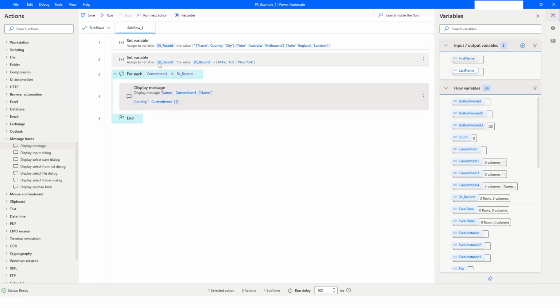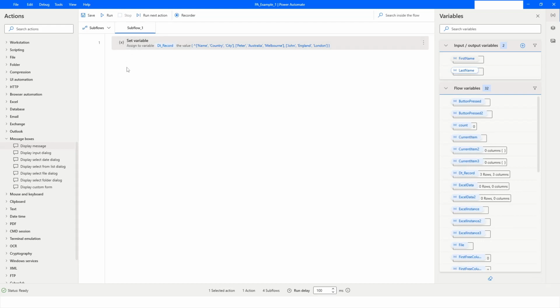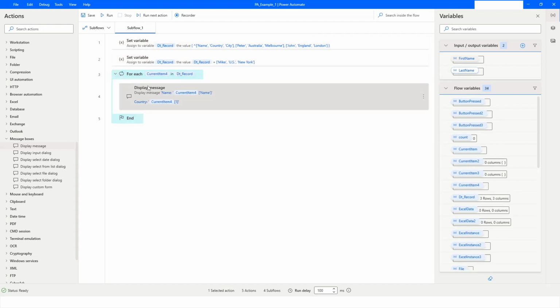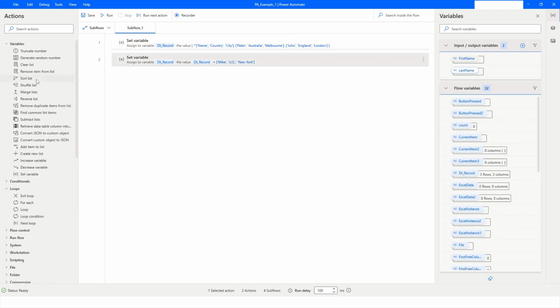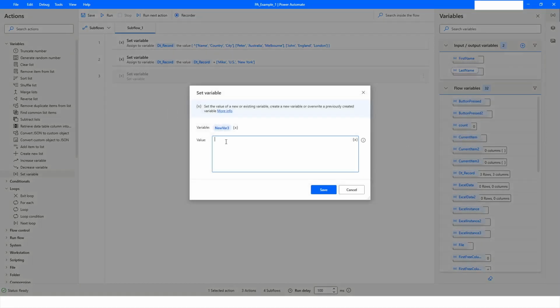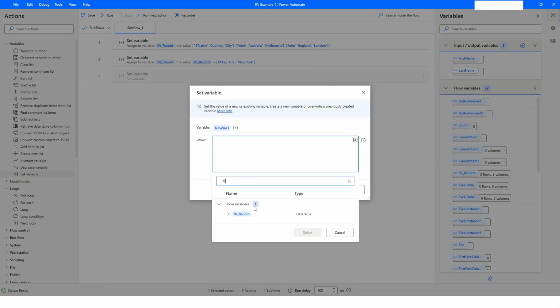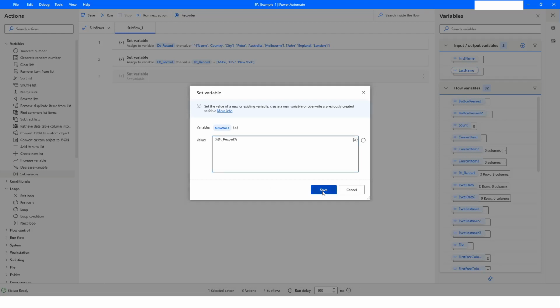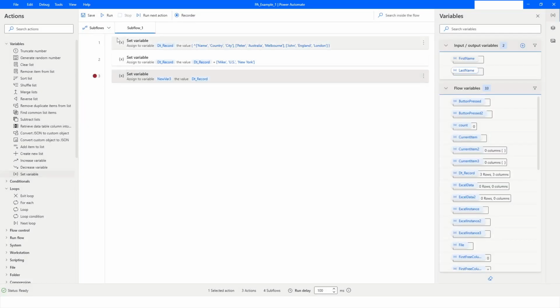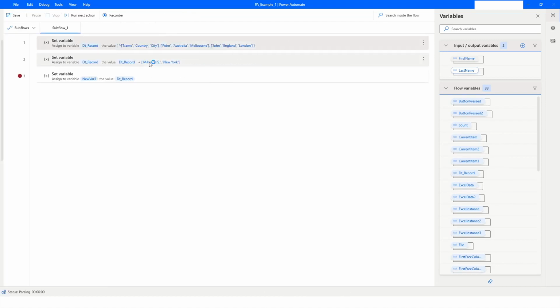So now let's say here you have a data table which is DT record, right? I will delete this for each loop, and then what I will do is I will create another variable. So DT record is a data table. Now what I want to do is I want to reassign this DT record to a variable which is var3. You will see what happens here. I will right click on it. I will say run from here,